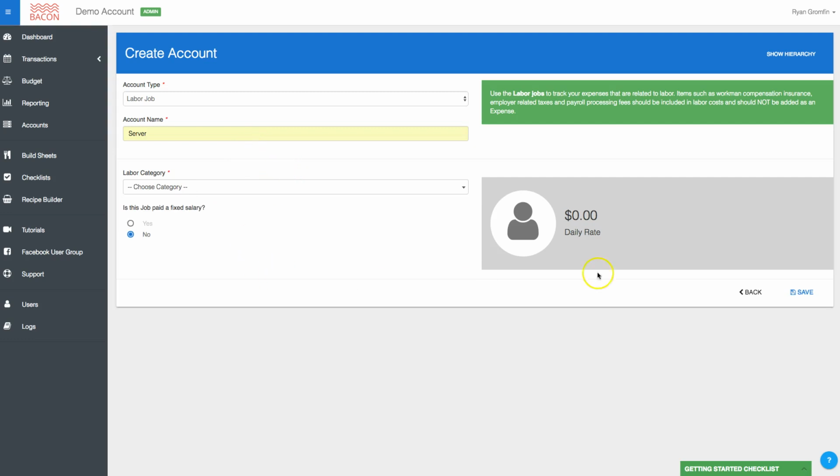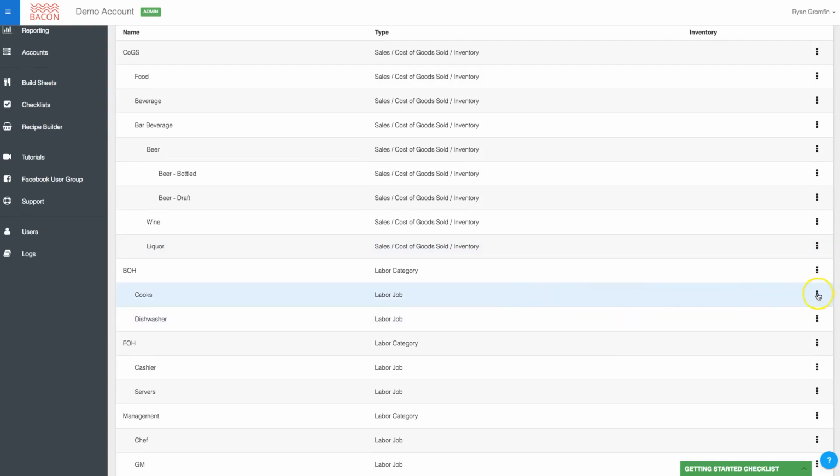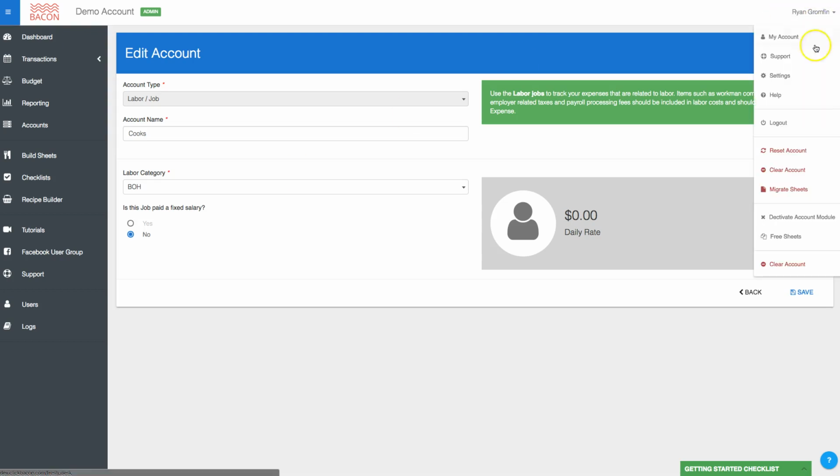Now, the harder part here, I'm going to back out of this and we're going to edit one really quick. Let's go to cooks, for example, is understanding that in Bacon, again, we're not setting up individual employees. You could. There is an option for setting up individual employees. I don't remember if I showed it to you in another training or not, so let me just show you